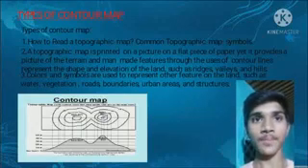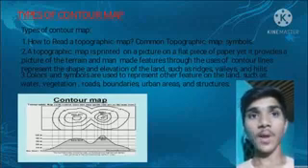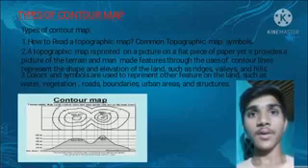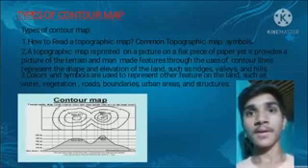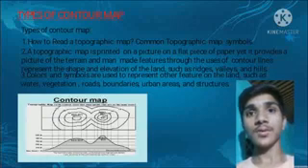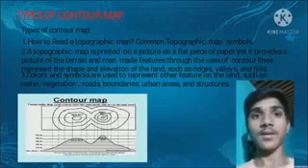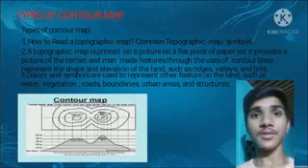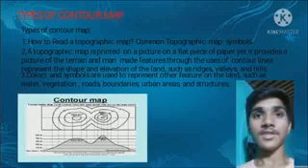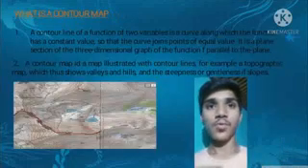Types of contour map. How to read a topographical map. Common topographical map symbols. A topographical map is a picture printed on a flat piece of paper, yet it provides a picture of the terrain and man-made features through the use of contour lines. They represent the shape and elevation of the land, such as ridges, valleys and hills. Colors and symbols are used to represent other features on the land such as water, vegetation, roads, boundaries, urban areas and structures.